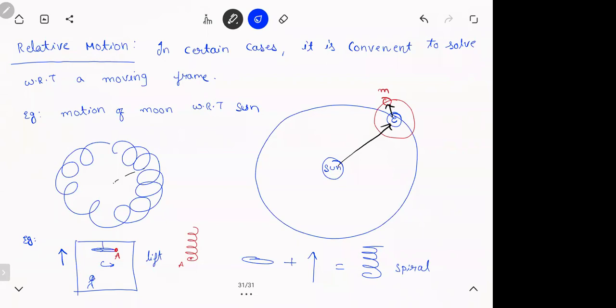Making sense? So, see, now I don't know how to study a spiral, but we know how to study a circle. We know how to study a straight line. Same thing here. I don't know how to study this jalebi, but I know how to study two circles. You're getting it? So it becomes very convenient when you study with respect to moving frames. So these are some of the examples. Instead of directly jumping into this thing, if you can split the motion into individual pieces, it is easier to study the individual pieces and then put them back again.